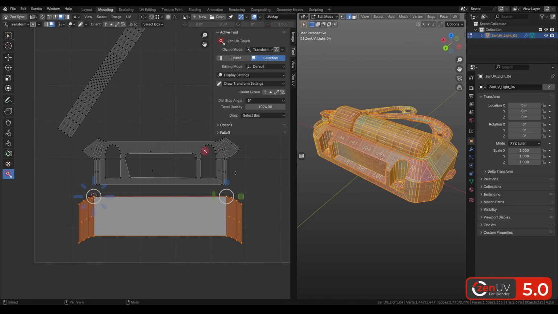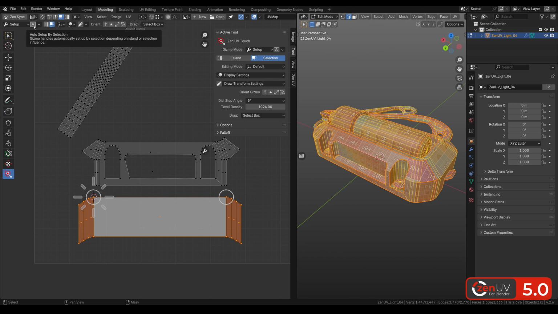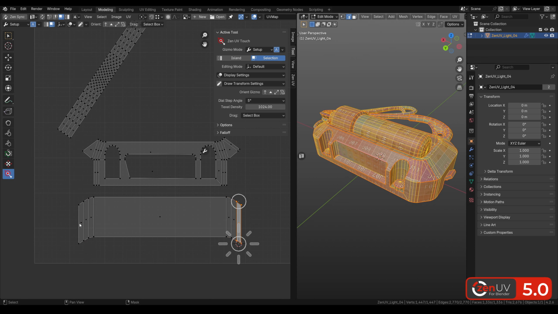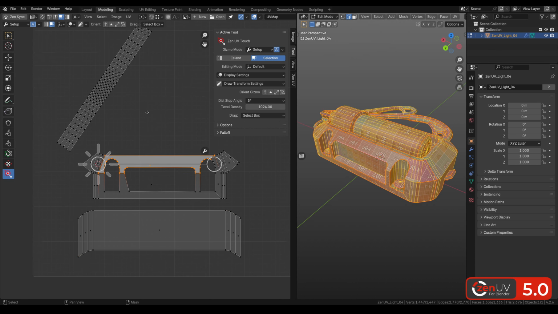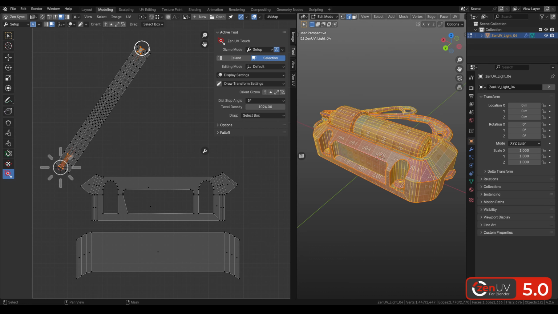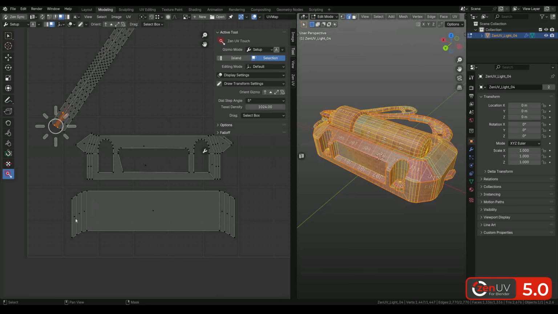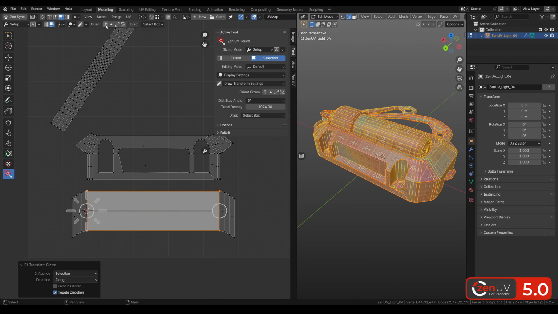To go back to setup mode, you need to press spacebar again or click on the widget button. Now more details about the setup mode. There is a button responsible for auto setup. Gizmo will automatically snap as soon as we have something selected. Also we have Orient button, where we can manually place Gizmo to selection.